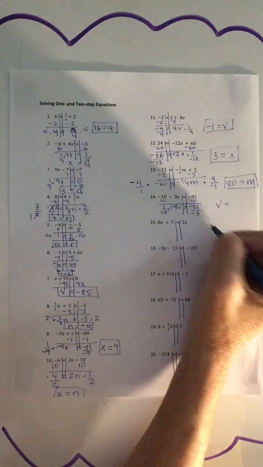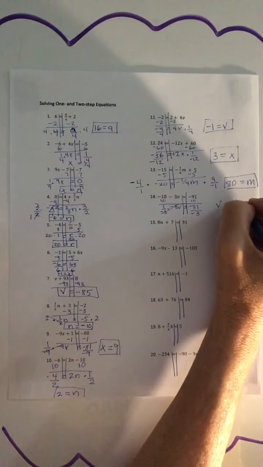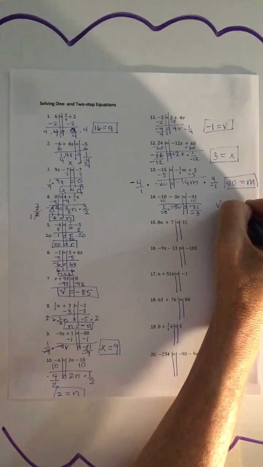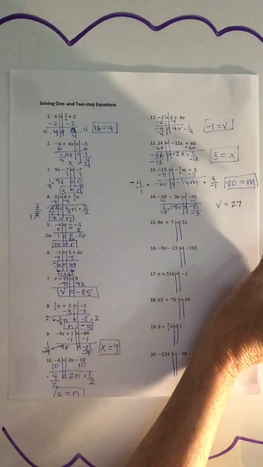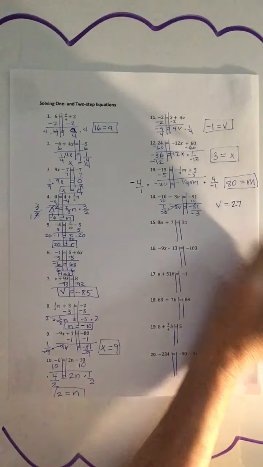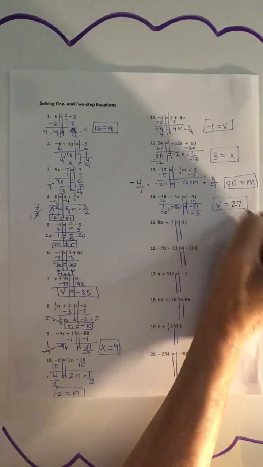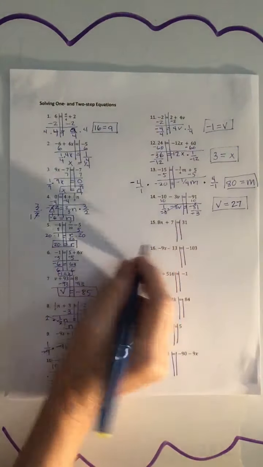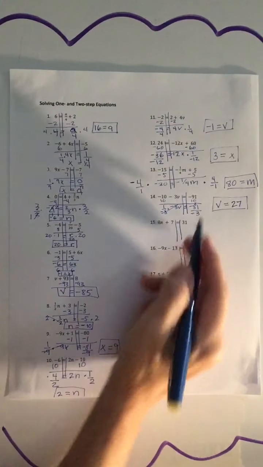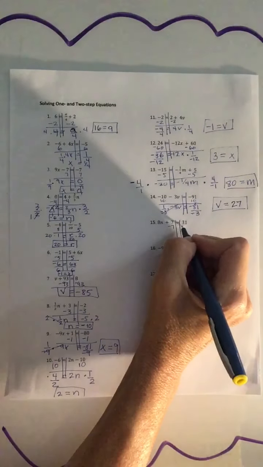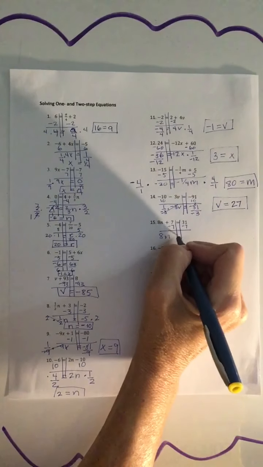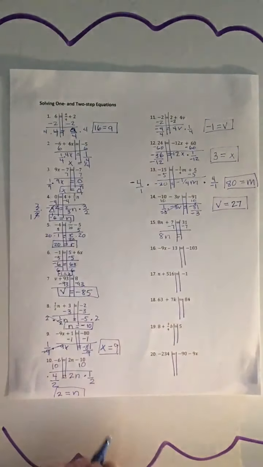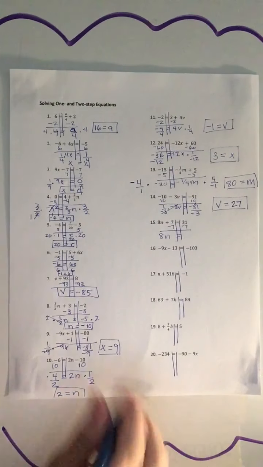81 divided by 3, let's see, 3 goes into 8 2 times, 6, 7, 8. So that's 27, because I had 2 left over. All right, I'm going to go ahead and subtract 7 from both sides. So we have 8n equals, I have more positives than negatives,